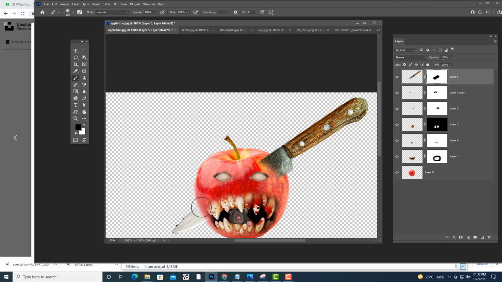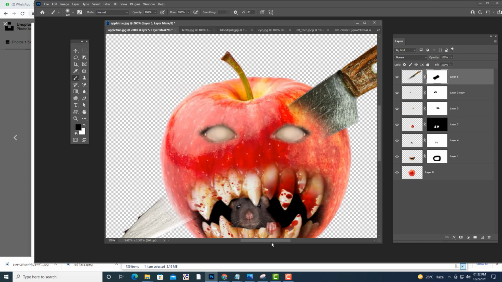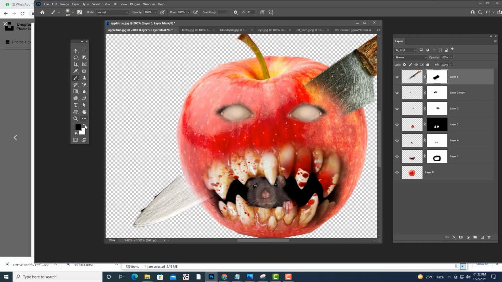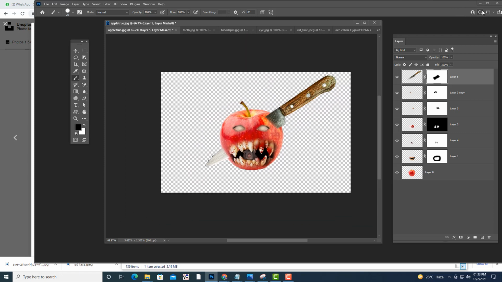You can also try this hard round brush if you want. Something like this. So you can get some creative ideas.